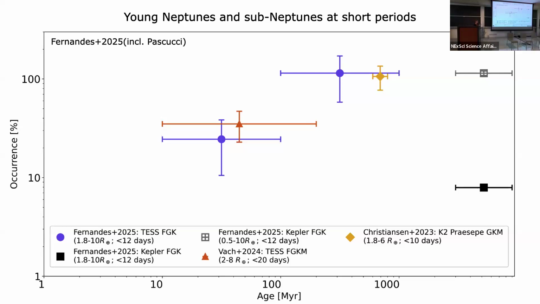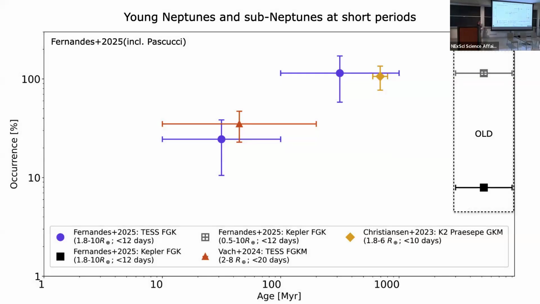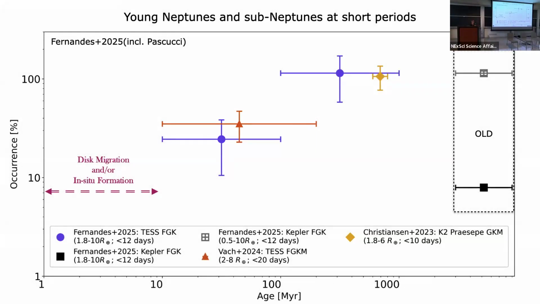There is a lot of information here, so let me tell you where to focus. First of all, there is the bin of the old planets, and if you want the sub-Neptunes and Neptunes, you should be looking at this point down here. And there is another region that we cannot cover yet. This is where there are still disks, between 1 and 10 million years. And then what we notice is that in general, the younger stars have more of these sub-Neptunes and Neptunes, as expected through evaporation. I see that the chair is already here, so I cannot talk about